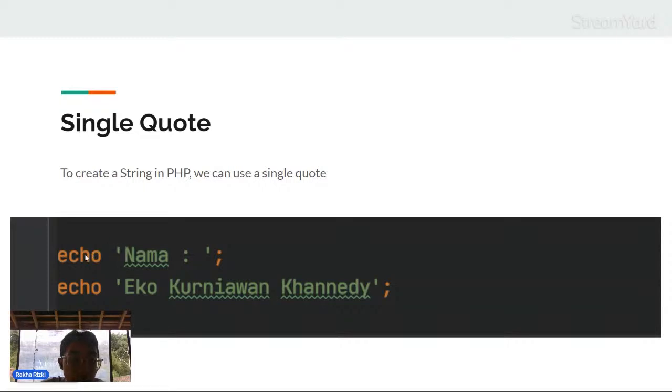So we can echo, with single quotes, the value nama and echo Kurniawan Kennedy. If we run this program, the output will show nama and then Kurniawan Kennedy.